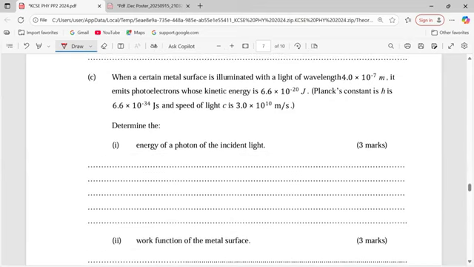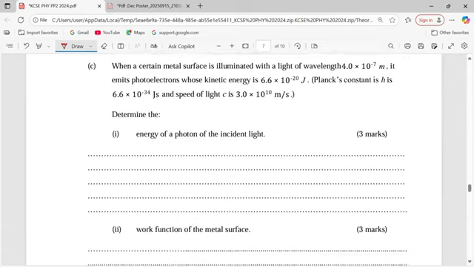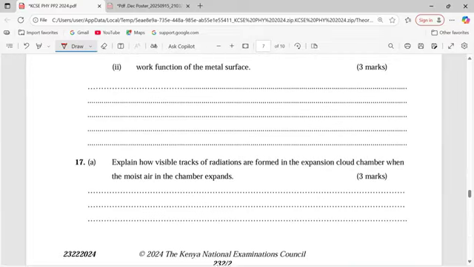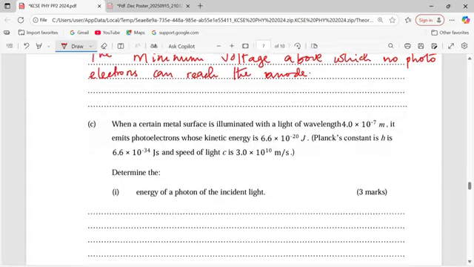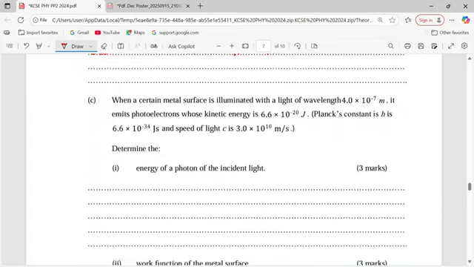Then part C, on Einstein's equation of photoemission. This is what we are going to apply. We are told that when a certain metal surface is illuminated with light of wavelength 4.0 times 10 to the power of -7 meters, it emits photoelectrons whose kinetic energy is 6.0 times 10 to the power of -20 joules. The Planck's constant has been given